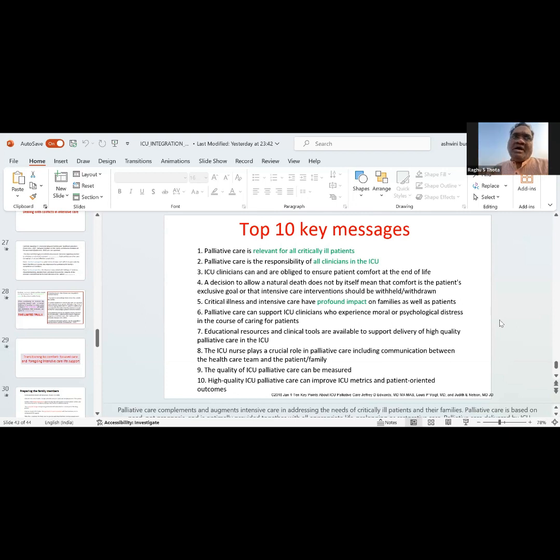But again, it's based on what we have discussed with the families. Our Supreme Court has allowed us to take on the challenge of withholding and withdrawing life-sustaining treatments, but it is based on family consensus and physician consensus, and the boards which the Supreme Court has told us to form. Two boards are to be formed, and based on that we can do these things. But the dilemma is still there. We have not yet done even a single case, even after the January 2023 statement. So we really don't know.